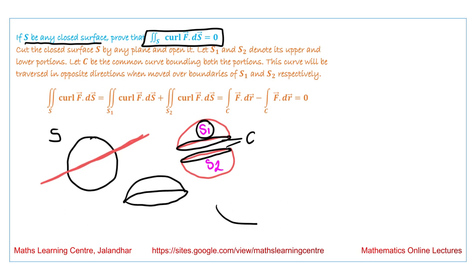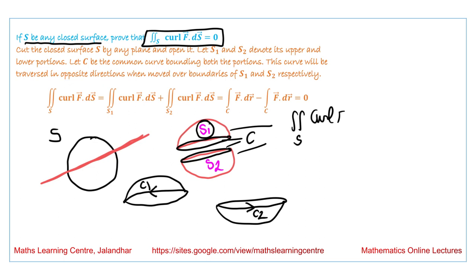We have another surface over here and this is the curve C. If we talk about the direction of this curve C, then the direction of C1 is in this direction, and the direction of C2 is in this direction. So if we have to calculate the value of the double integral over S of curl of f vector dot dS vector,